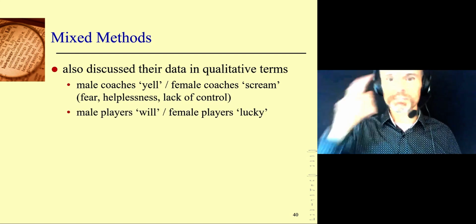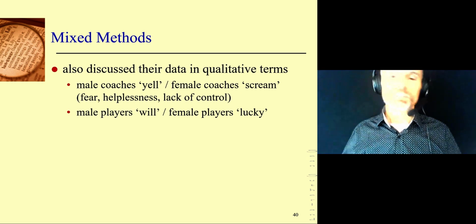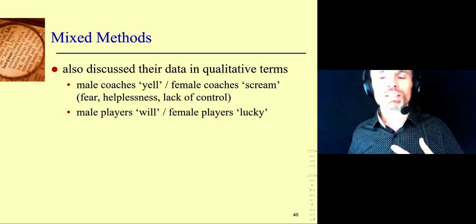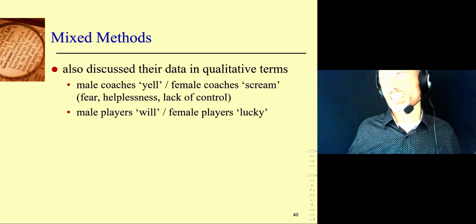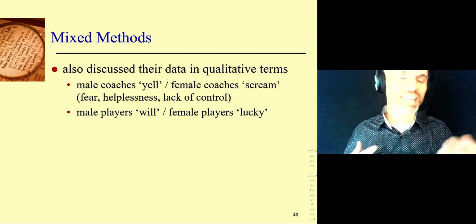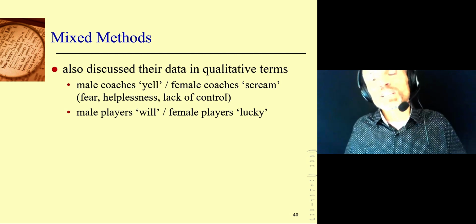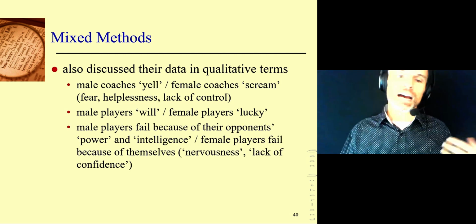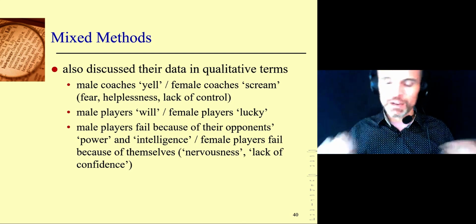Male players won the game because of their strong will. It's often said that he's a player with strong will. A female tennis player who won, what a lucky shot. Again, you can see the inherent sexism in this. The men, it was because of things they did. The women, it was because of things that were outside of their control, but just happened. And so on. You can pause and look at this other one if you want, or see the study